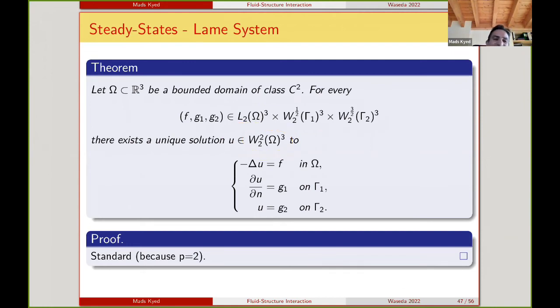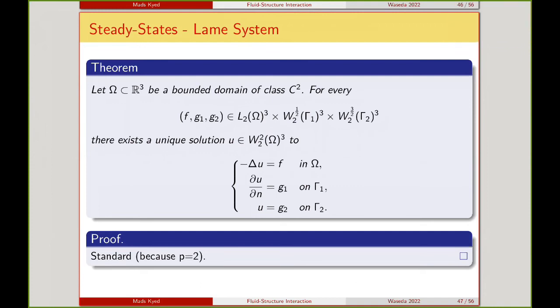In the Hilbert space case, I can show with completely standard PDE methods that the Laplace problem you see here, Laplace u equal to f in omega, normal derivative of u equal to g1 on gamma 1 and u equal to g2 on gamma 2. So this is a mixed Dirichlet-Neumann boundary problem, but the boundaries gamma 1 and gamma 2 are disjoint. So it's an absolutely standard problem. At the end of the day, you can show existence with Lax-Milgram. We have normal elliptic regularity theory to get regularity. Uniqueness by just testing,